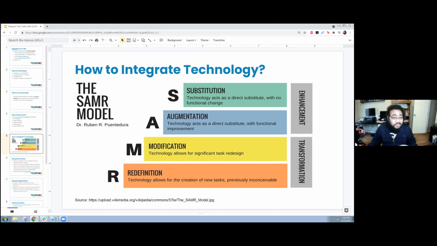I think this is an easy, flexible model that you can use. The basic idea is when you introduce technology in the classroom, there are different functions it could have inside of your classroom. And these are just some different things to look at. Like, for example, using technology as a direct substitute for something you're already doing, or taking advantage of some certain functions of it to make improvements in your class,